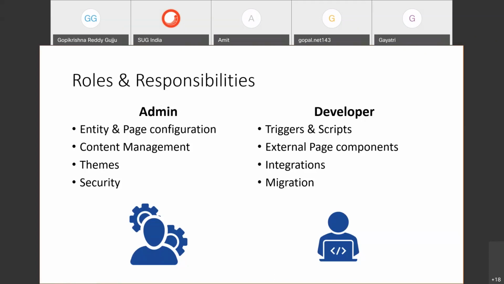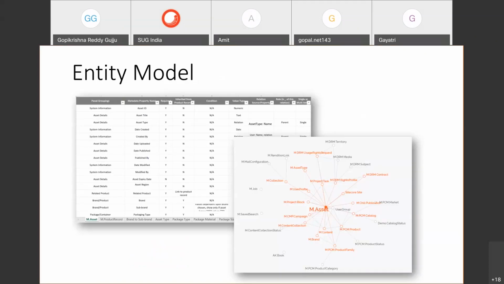So let's briefly see all the activities we do. Entity models. A little background: I worked on an implementation last year for the Content Hub DAM. With Sitecore, a lot of partners have not worked on Content Hub implementations. The Sitecore value services team comes into the picture. The client buys a license and engages the partner, and the value services team takes the lead of the implementation, and we would be helping them.